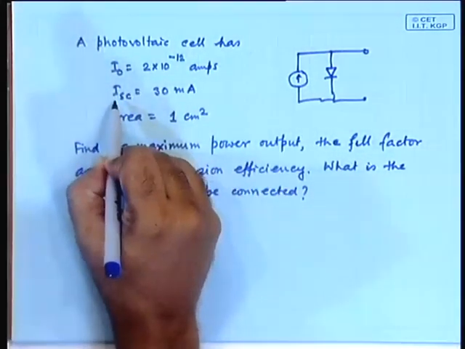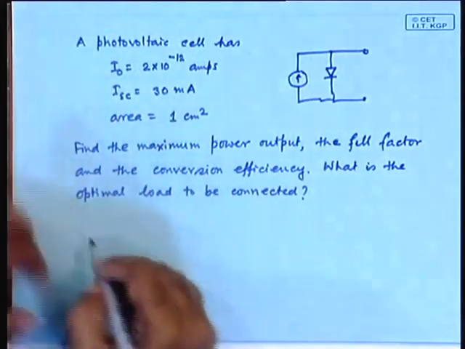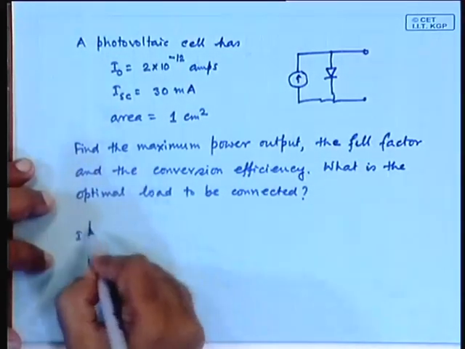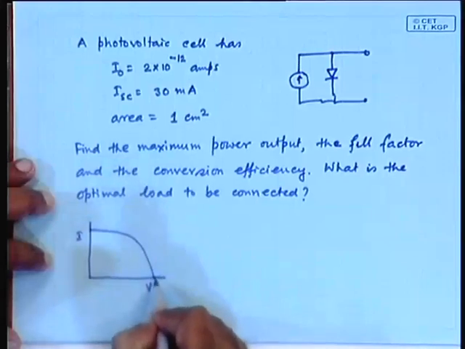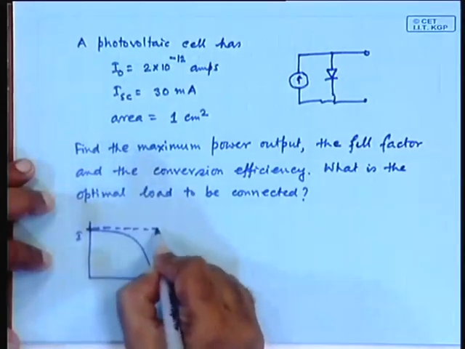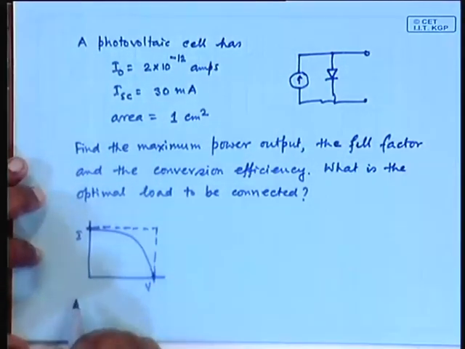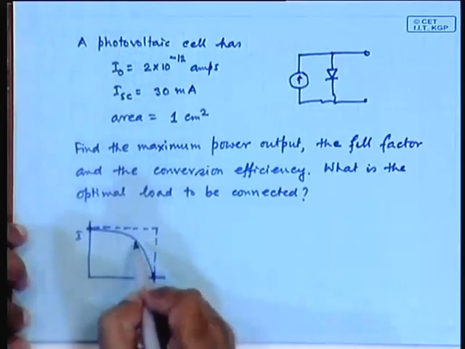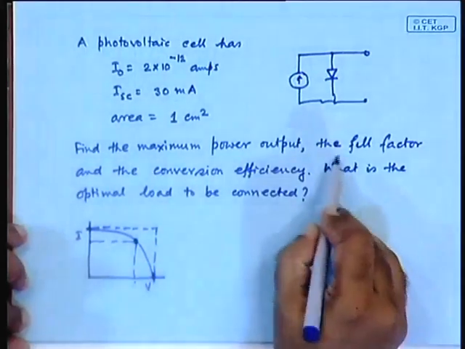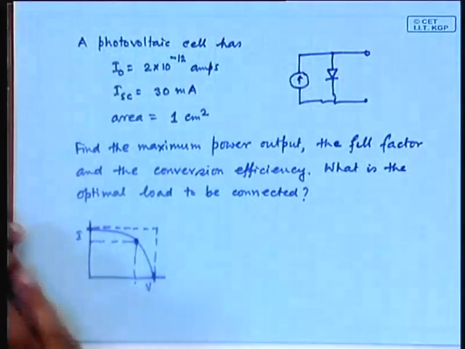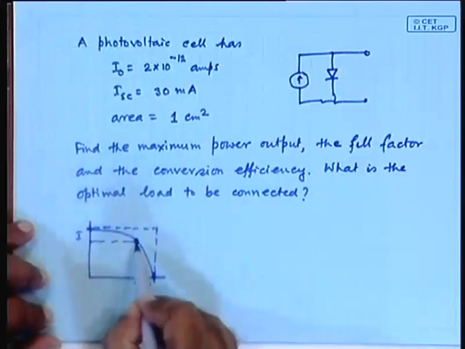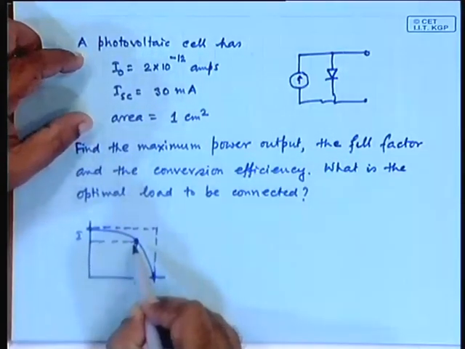The short circuit current is given. Okay. So, you have this, you have that, and naturally you have this. Fine. What do you need in addition? You need to find out the maximum power point in order to find the fill factor. So, you have this, you have that, and you need to find this. How do you find the maximum power point from the data available?